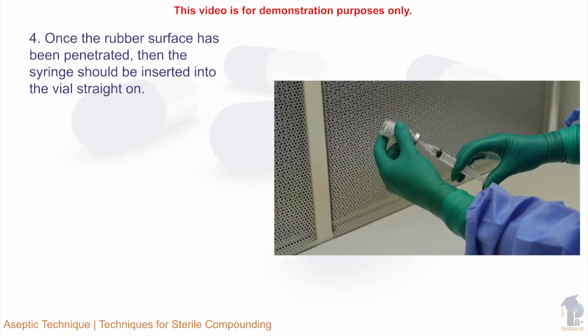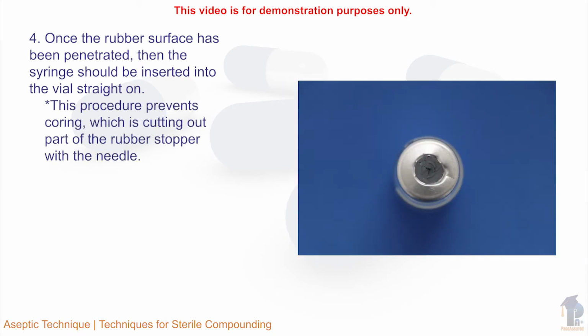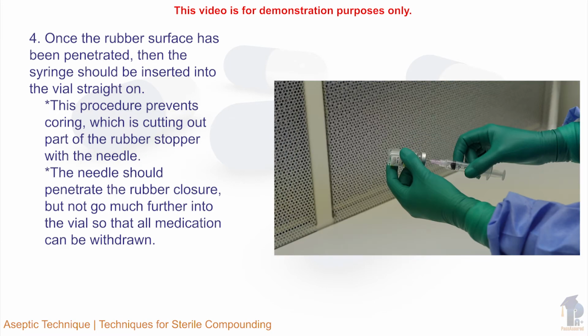Once the rubber surface has been penetrated, then the syringe should be inserted into the vial straight on. This procedure prevents coring, which is cutting out part of the rubber stopper with the needle. The needle should penetrate the rubber closure but not go much further into the vial so that all medication can